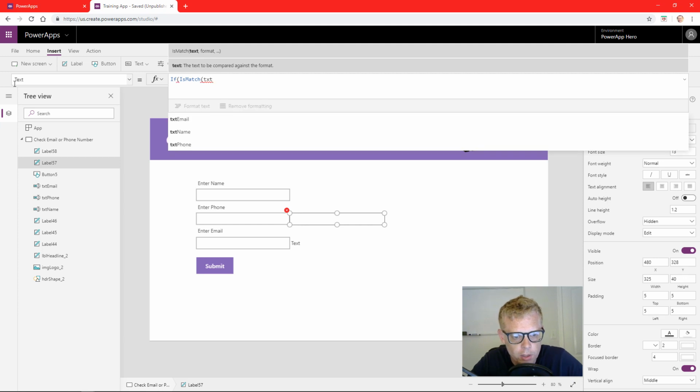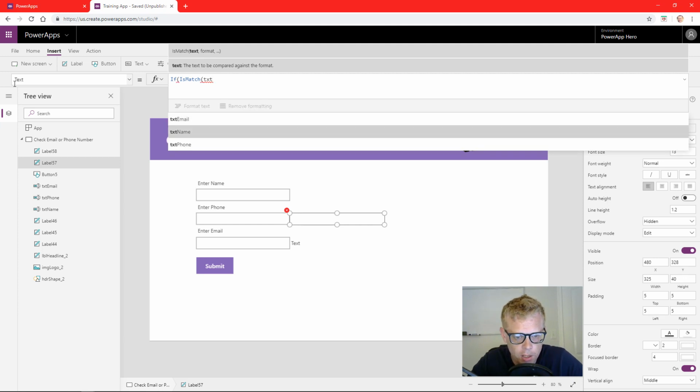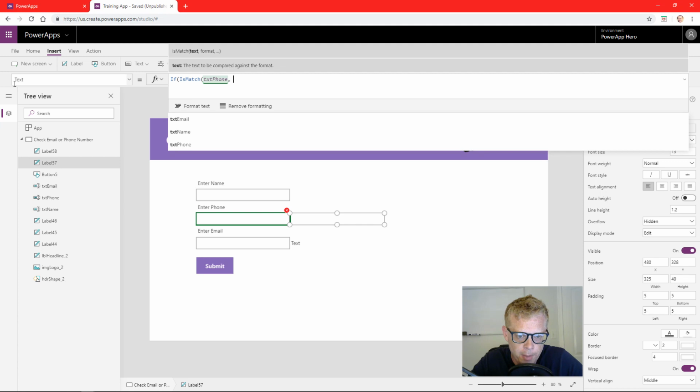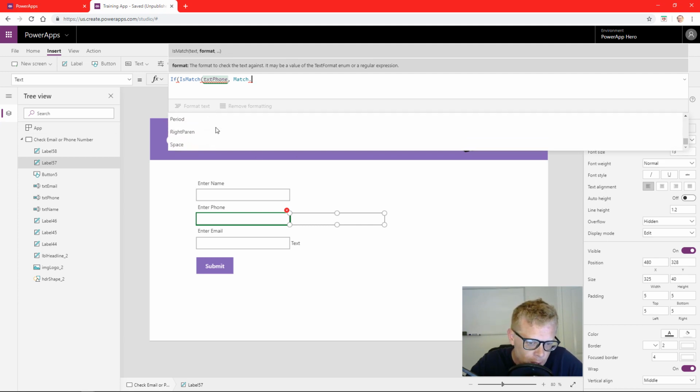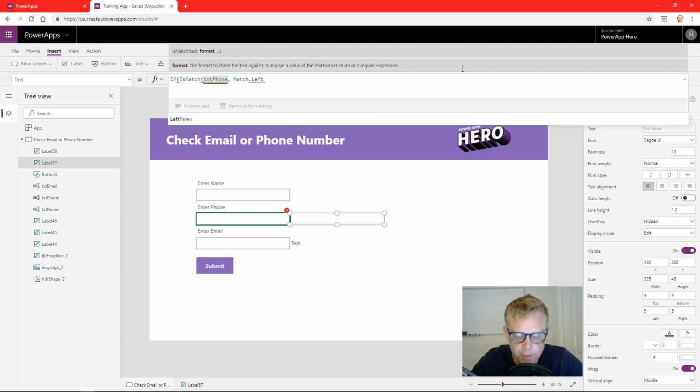So I want to check the phone number, comma, and now I can define what this format will look like. And there's a lot of options that you can use. If you type in match dot and scroll through, you can see there are a lot of different characters that you can select. For the phone number, I'm going to need the left parentheses,